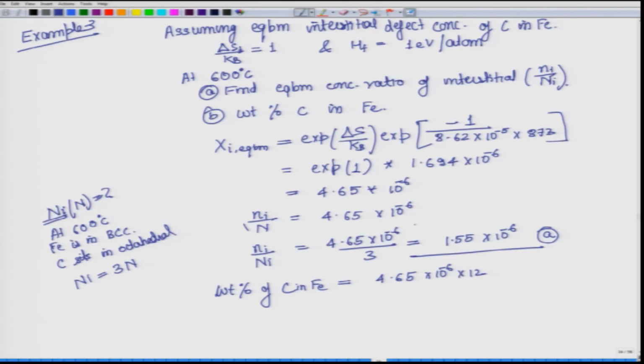So, this is the number of carbon atoms with its weight, and if we had added iron then we will get the total weight, but what we need is the weight percent of carbon. So, on the denominator we will divide it by 1 into 56. So, this is the total number of atoms, and we will assume that this is 1 atom of iron. So, it is 56 plus